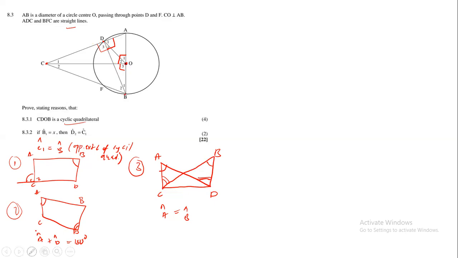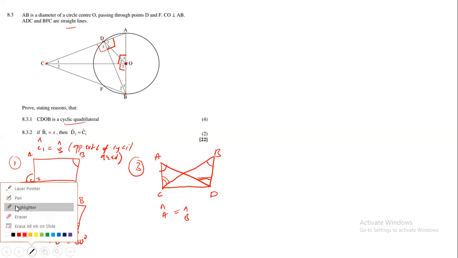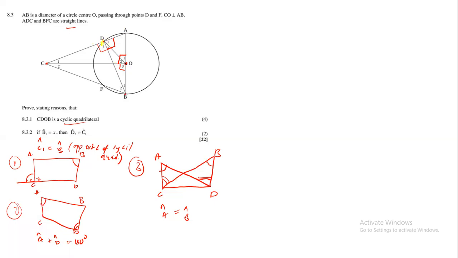Let me use a highlighter, because I'm sure a lot of people are not going to be able to see that. So check this. I'm highlighting it. This is our butterfly. So D3 is equals to 90 degrees. O3 is equals to 90 degrees. That means DCBO is a cyclic quadrilateral based on this situation right here. Okay, so that means we're gonna say,